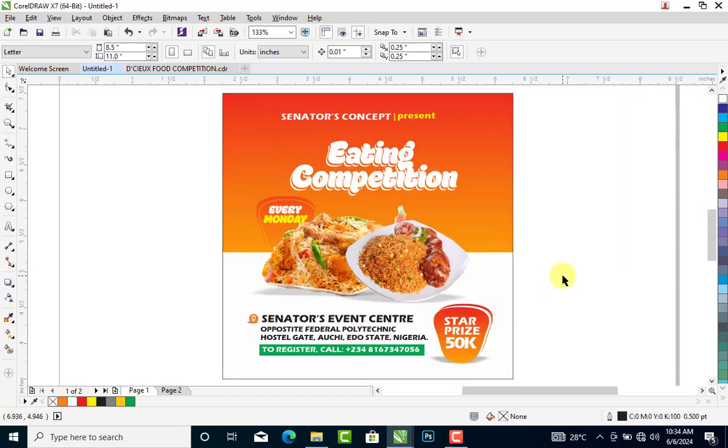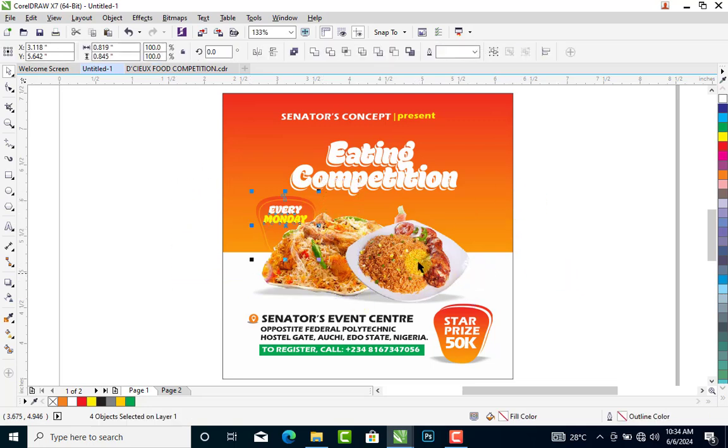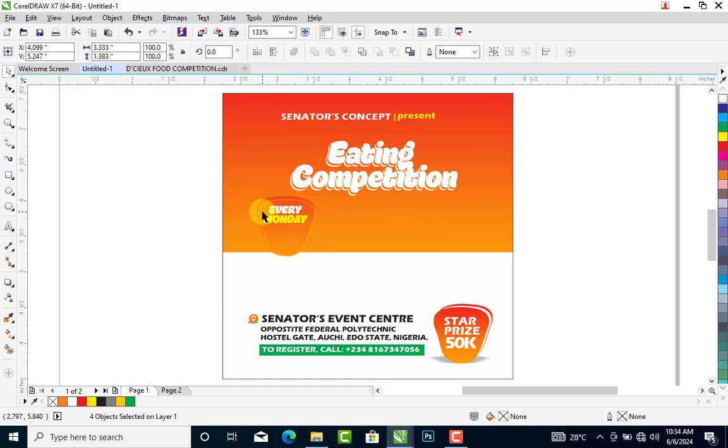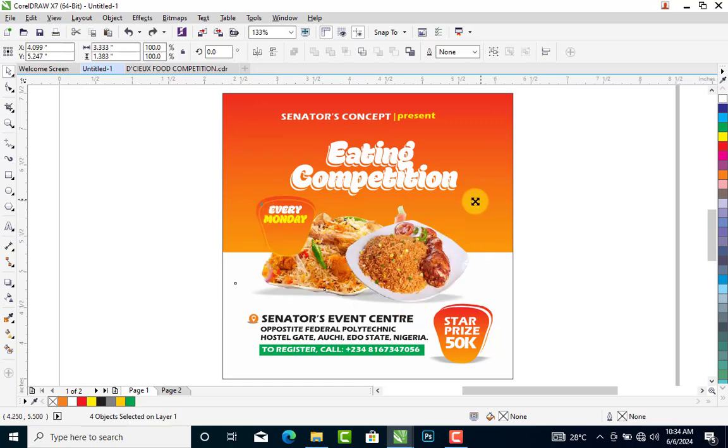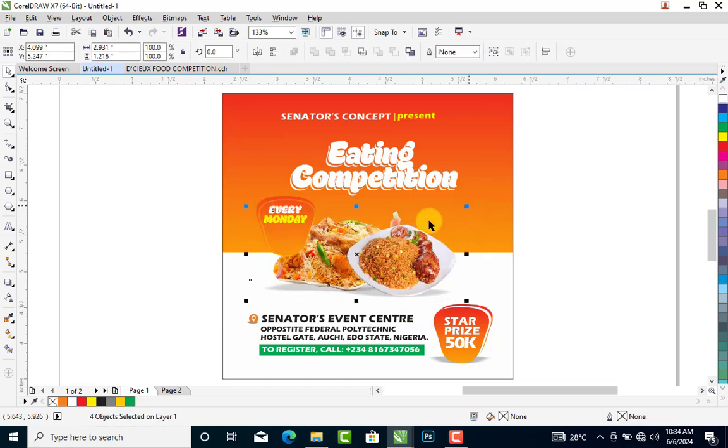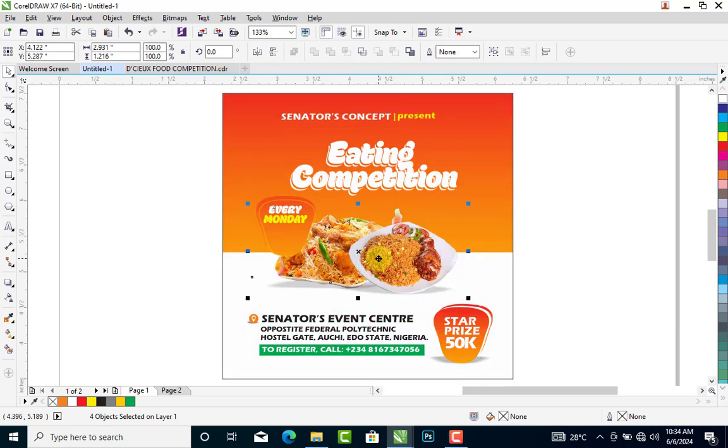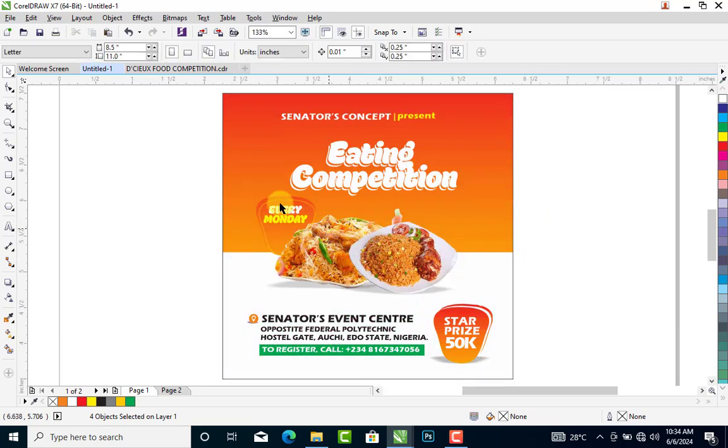Okay, there you go. And we are done with everything, but I just like to add a little touch to this. For some persons, this is a classic flyer already. It's a very nice one, but I would like to give it a finishing touch. The ability to give your job a perfect finishing touch, that's what makes you different from other graphic designers. Okay, so